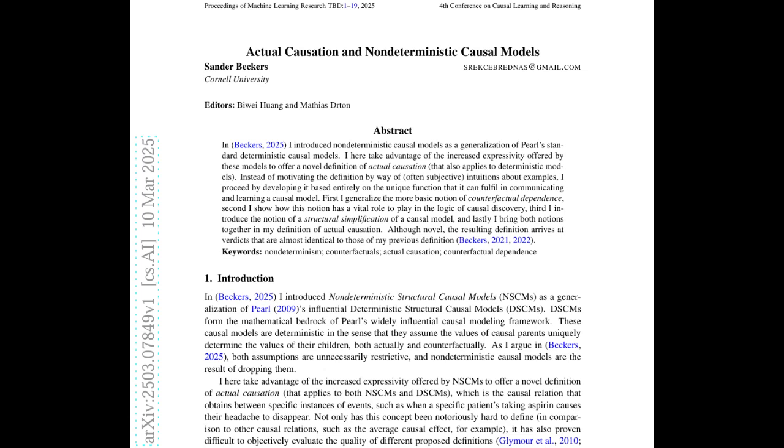Structural simplifications. Yeah, and it's all about finding the true cause in a complex system. Okay, so we're trying to map out all the different things that could have contributed to a certain outcome, but why would we want to simplify things? Wouldn't we lose important details that way? That's a great question. Sometimes our initial model, like our first attempt at explaining things, might be too complex. We might be thinking about too many things at once, and it can obscure the actual cause and effect relationships.